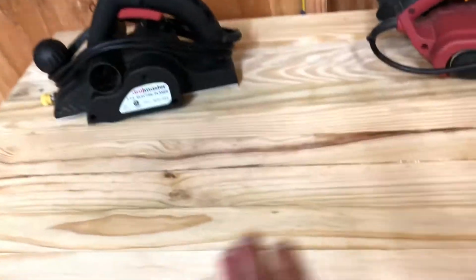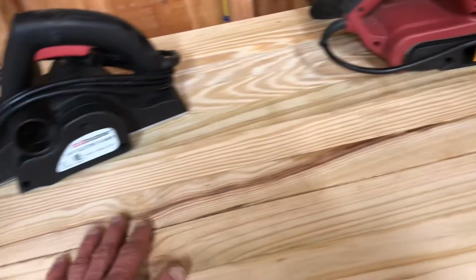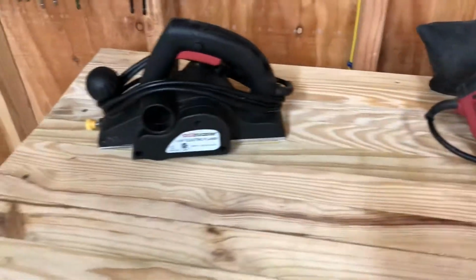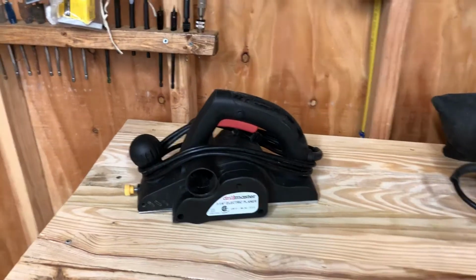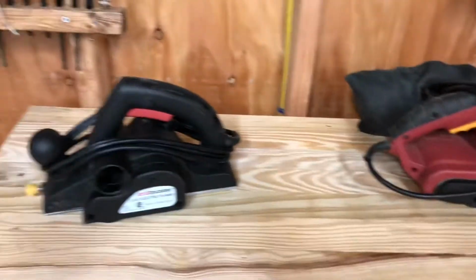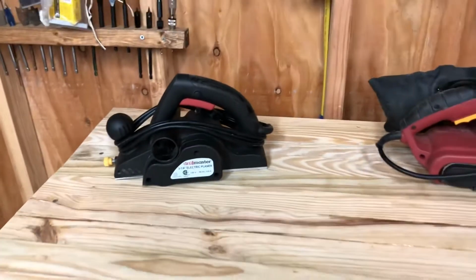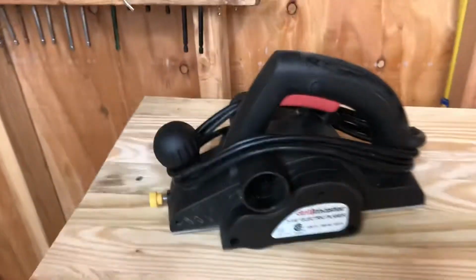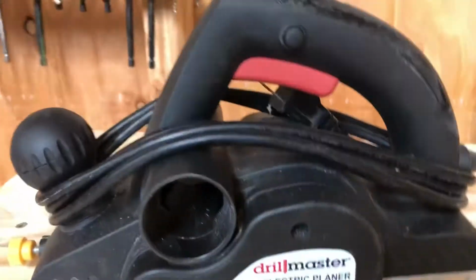But what I did to get this thing planed down smooth and even was 2 tools I got from Harbor Freight, and no, I am not representing them, I'm not compensated by them. I just happen to have these tools because, like I say, most of my other tools are in another work site. So I started with this guy here, the Drill Master